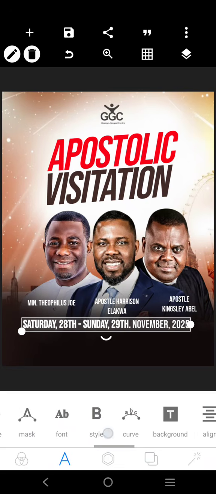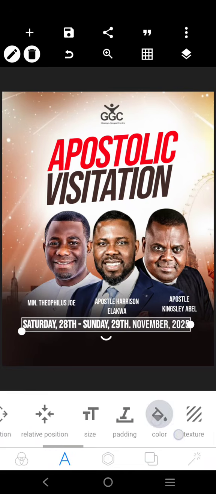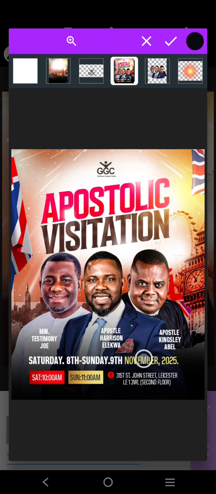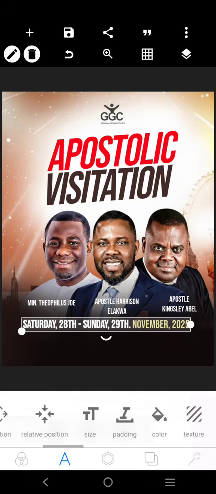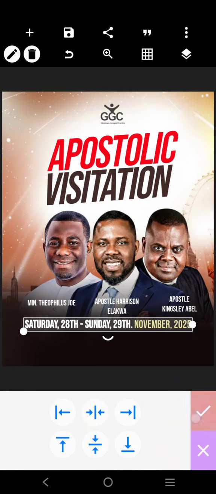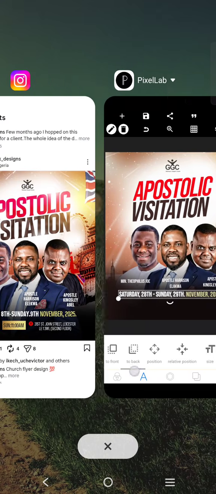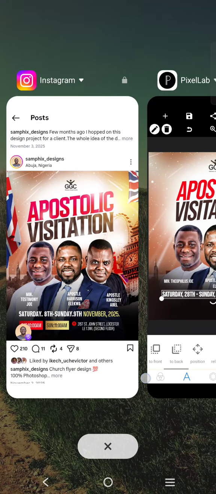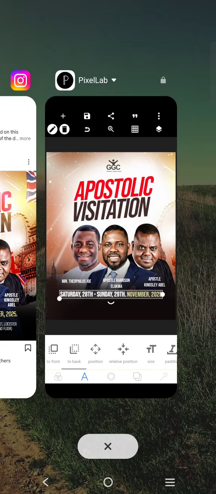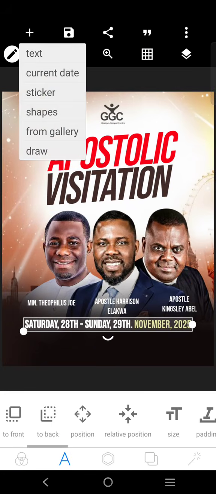Then let's also change the colors. So with this, we have this color right here. Then we'll come over here and make sure that it's at the center. Then we have the time, Saturday and Sunday, different time. And then there, of course, the